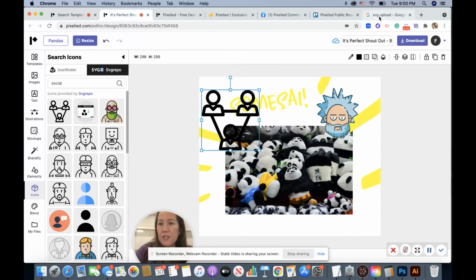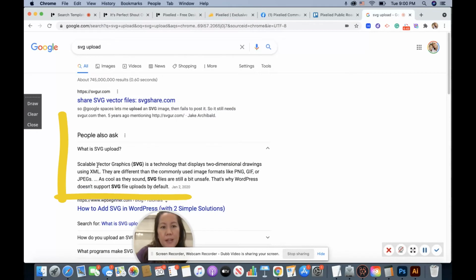And here's the definition of SVG. They are scalable vector graphics. It displays two-dimensional drawing using XML,